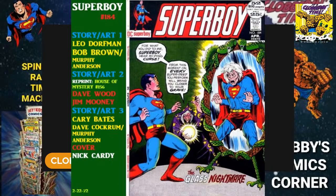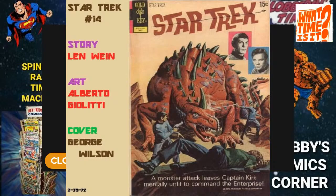They don't tell you anything on this cover. It's kind of strange, but they've got an actual, non-reprint Legion story in this one, if I remember right. So maybe I do have it. I'm trying to get all the Legion issues. Oh, well, I haven't checked in a long time. Could be, maybe not, though. Again, crazy cover by the great Nick Cardy. And finally,